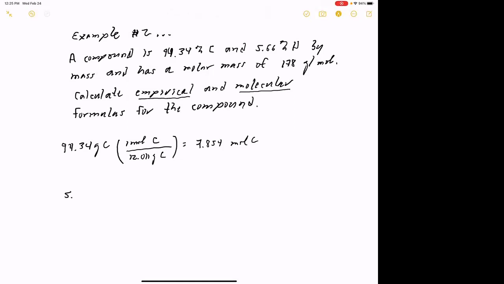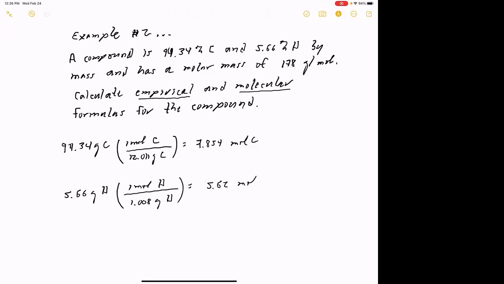So I've got 5.66 grams of hydrogen. And I know that every 1 mole of hydrogen is 1.008 grams of hydrogen. And let's see what we have here. That's going to turn out to be, to sig figs, 5.62